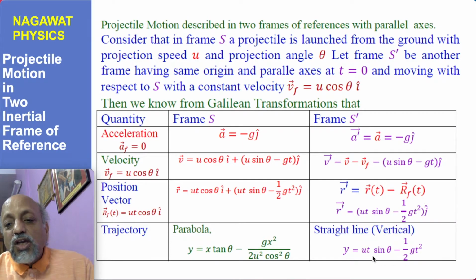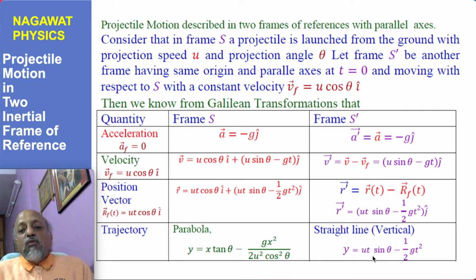Here there is no motion along the x-axis, only the y coordinate is changing, and therefore we can say that the observer having the frame S, using the frame S as a formal system for describing the phenomenon, will find the trajectory to be a parabola, but another observer who is using the frame S prime would say no, it is not moving along a parabola but along a straight line. In fact, a straight line is also a special case of a parabola,